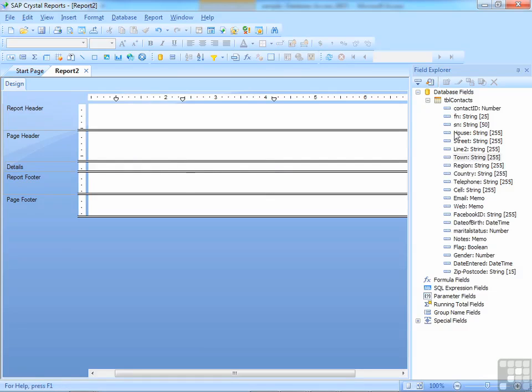The green ticks have gone from here. You can actually place fields onto a report multiply. So if we take the first name, then control click the last name and the town, and let's have their email address. So I've selected 4 fields within here by using control click, which is fairly common within Windows applications. And then I can just grab any one of them, drag across to the details section and let go. And all 4 of those fields are distributed evenly across the details section with their labels being placed in the